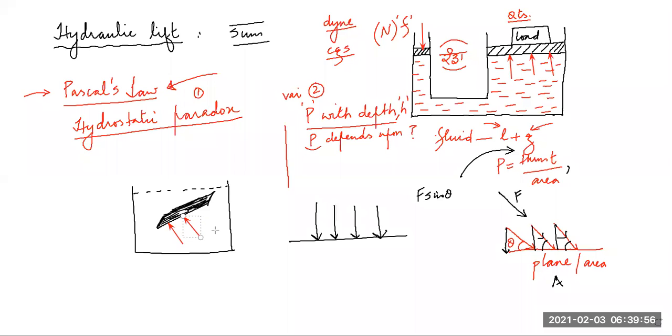Very, very important characteristic of the fluid. The fluid will exert forces on this from the upward direction also, and from the downward direction also. Another case, let's say the plane is like this. This is the plane. Then the forces exerted by the fluid on this would again be perpendicular to the surface. This is another thing we have to understand.